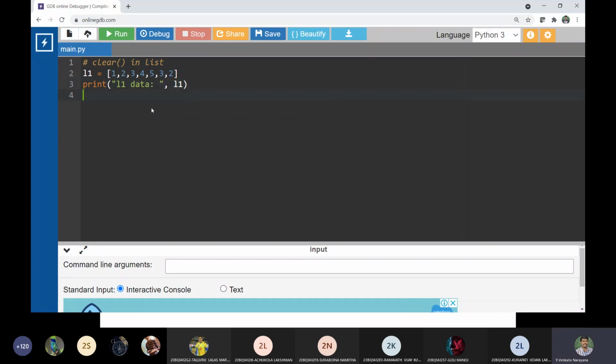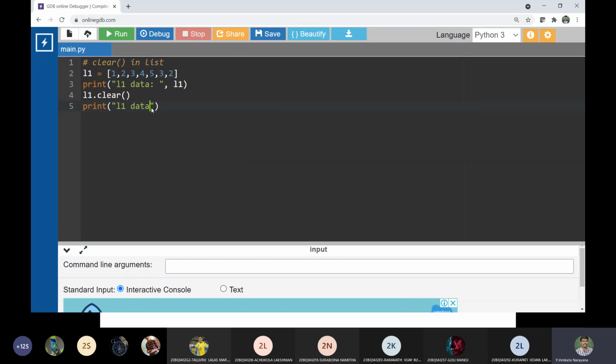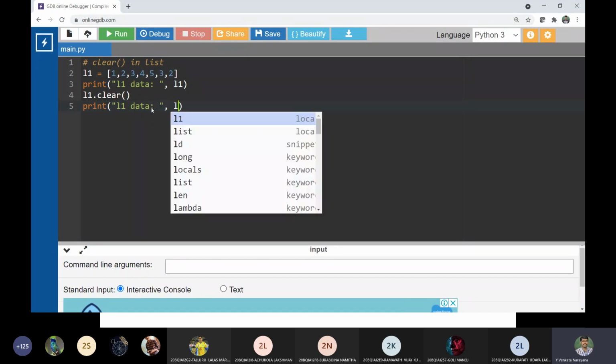Now I would like to go with the clear method, and then after clear, I would like to print the L1 data to check whether the elements are being removed or not.